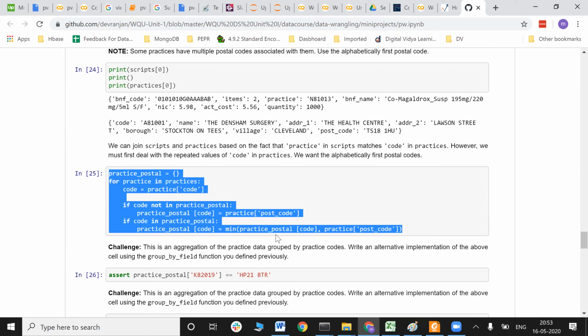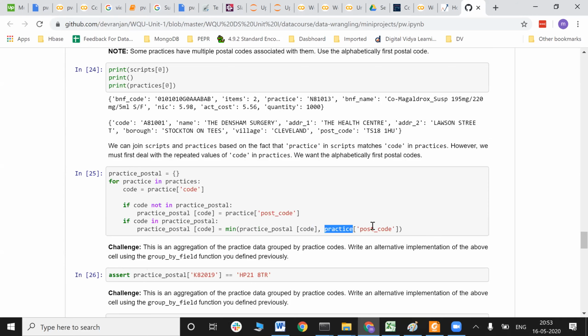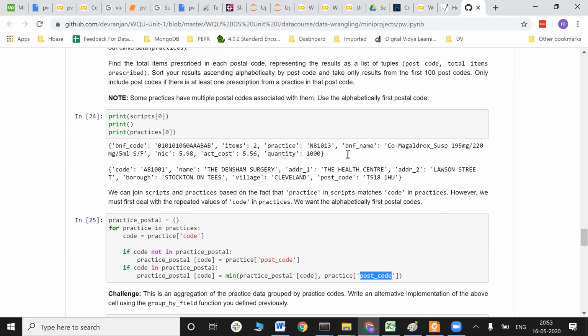Okay, so practice code and practice postal code. I'm getting the practice code, and also from the practices itself, I'm getting the postal code. And the minimum of this is going to be part of my postal code final. If code is already there in my practice postal, or if code is not there in my practice postal. Now what is this doing? This is actually nothing but I'm trying to fetch the unique list of practice codes.